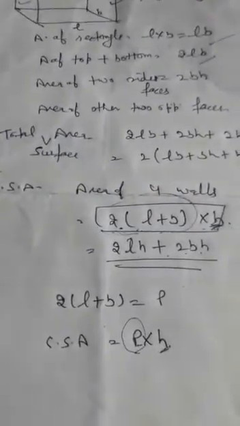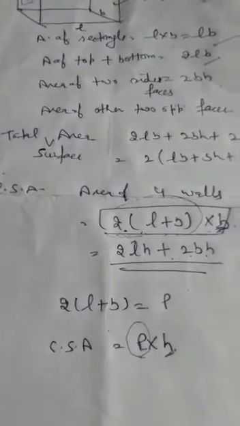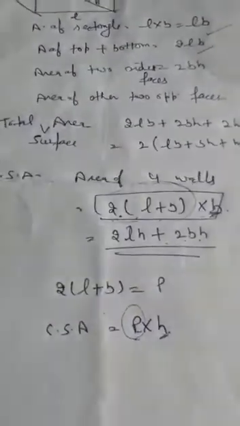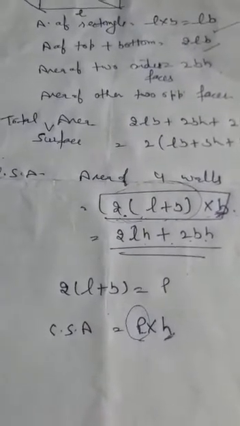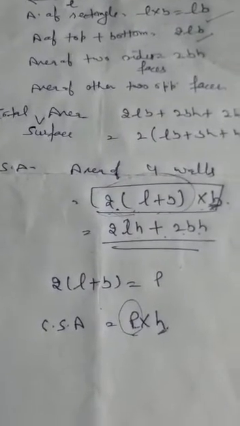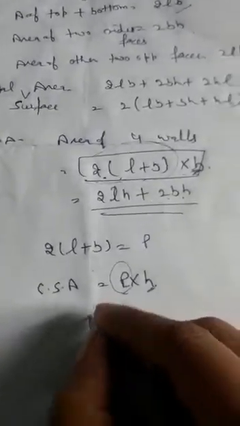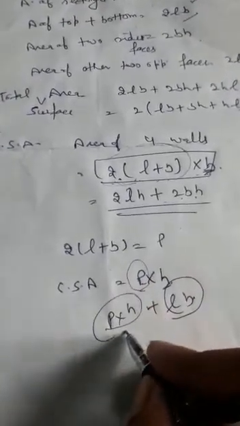Now in some questions it is given that there is a room of rectangular shape and you have to paint all its walls and the roof, because we know the floor is not to be painted. So there are 5 surface areas. Firstly we will find curved surface area, that is P into H, perimeter into height, and after that we will add area of roof to this, that is LB. So for that we will use P into H plus LB. LB is the area of roof and P into H is the area of 4 walls.